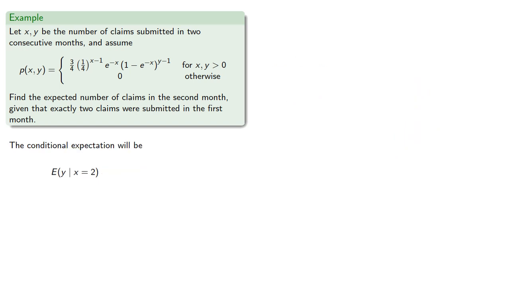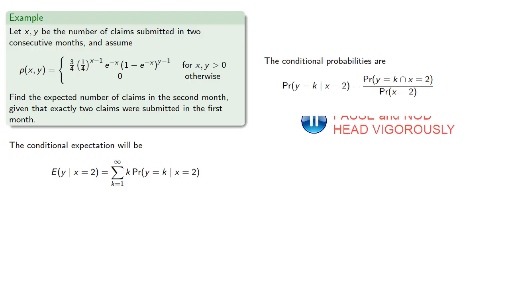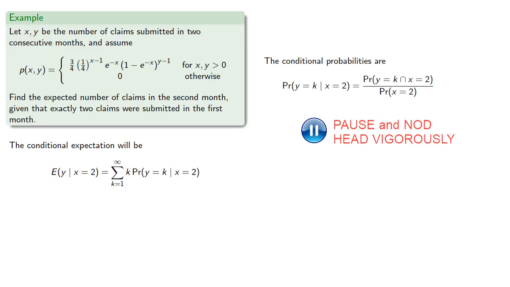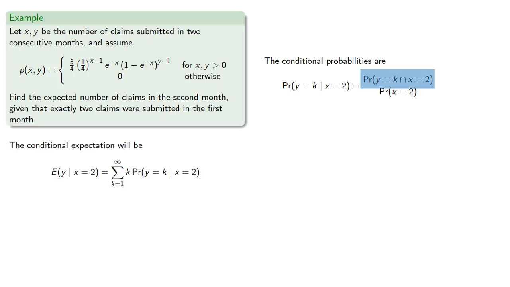Now our conditional expectation, that's the expected value of Y given that X is equal to 2, well, that's the sum of the products of the payoffs and the probabilities. Now that conditional probability is going to be, so this is just the probability given by our joint distribution function. The probability that X equals 2, that's 3/16. And so this simplifies to